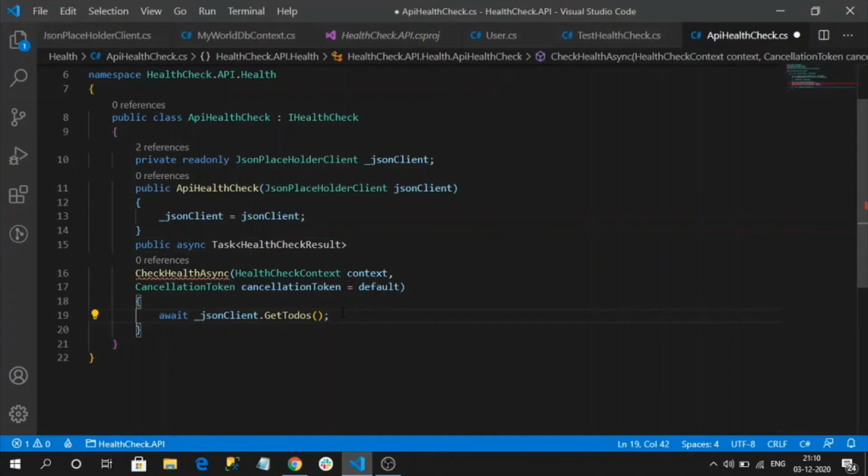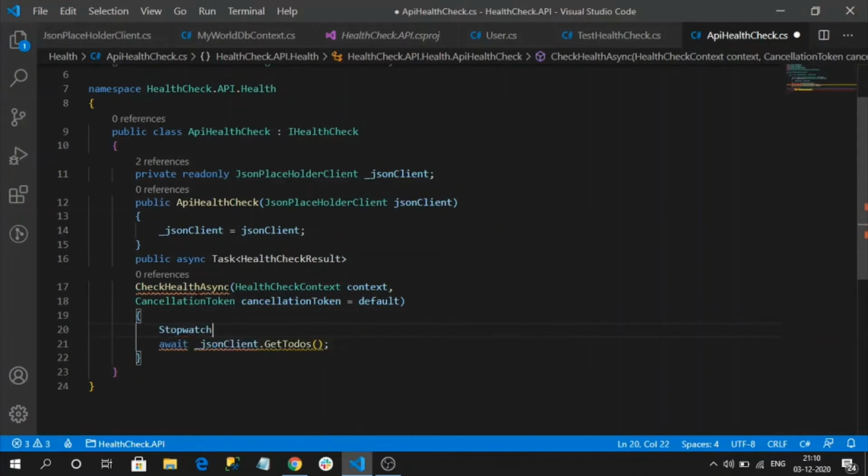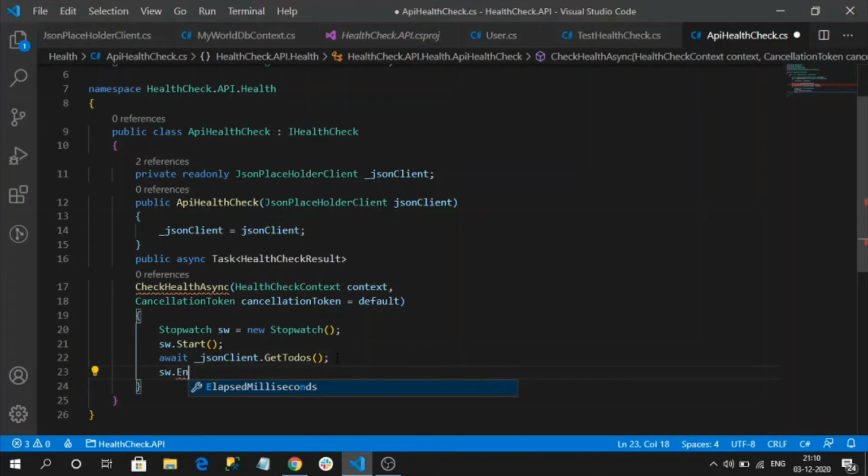So now I am going to use a stopwatch for counting the time taken to serve by the API. Stopwatch, stop dot start, stop dot end, stop.